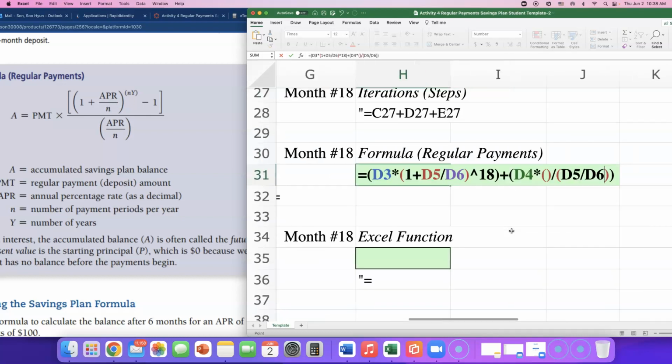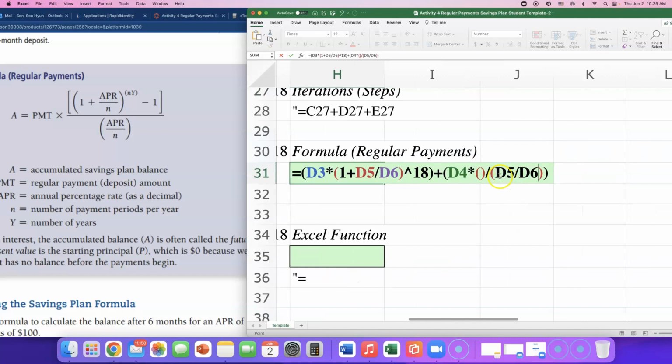So, I want you to look at my formula for me. In the second parenthesis, I have D5 divided by D6. That is APR divided by N. Now, I am done with this part right there. I have to go back up and do that parenthesis. So, I have the outer parenthesis open already. It's time for me to open up the inner parenthesis here and then type in